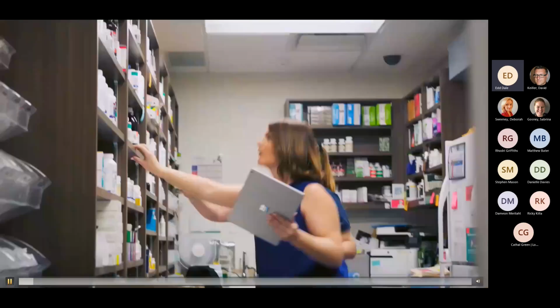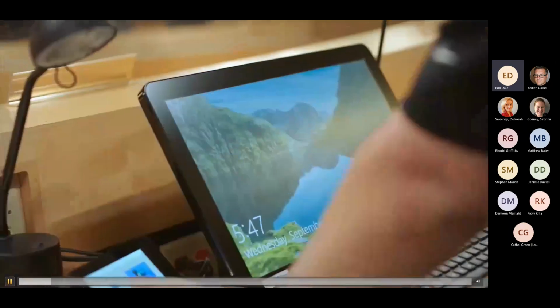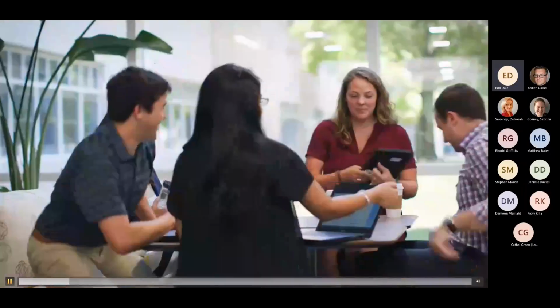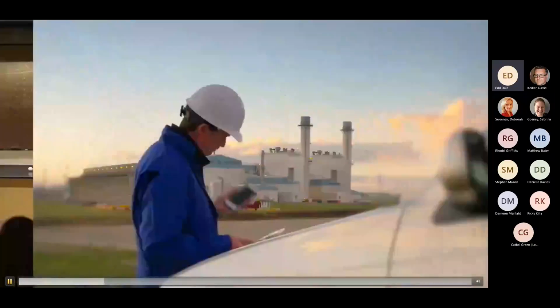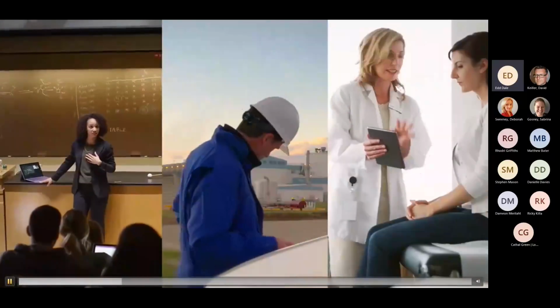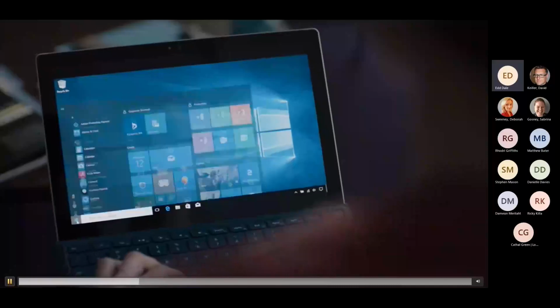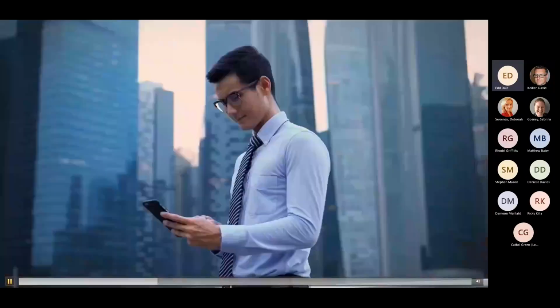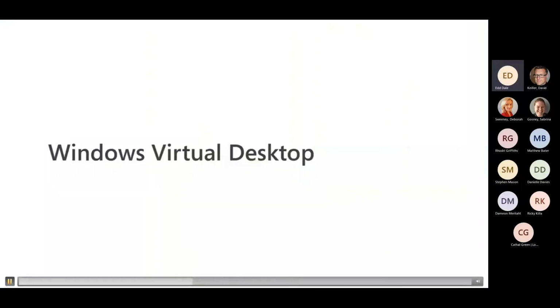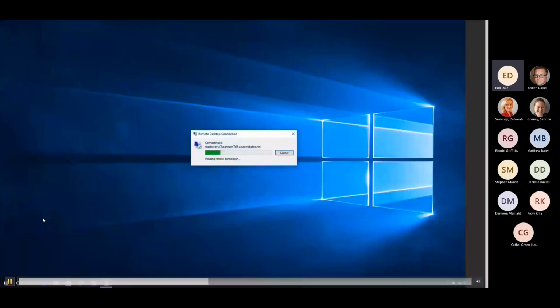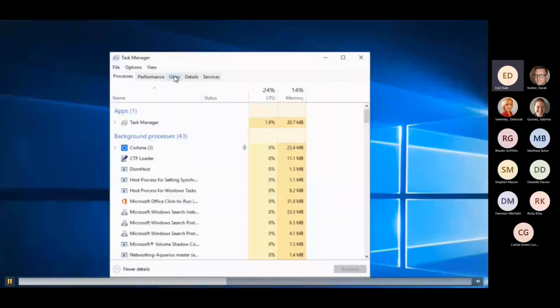In this time of digital transformation, businesses are shifting to a modern desktop to empower their people. But not all employees sit in an office, use only one device, or always work from secure locations. What if you could deliver a modern desktop experience to every worker, everywhere? Introducing Windows Virtual Desktop, the full Windows experience virtualized in the cloud.